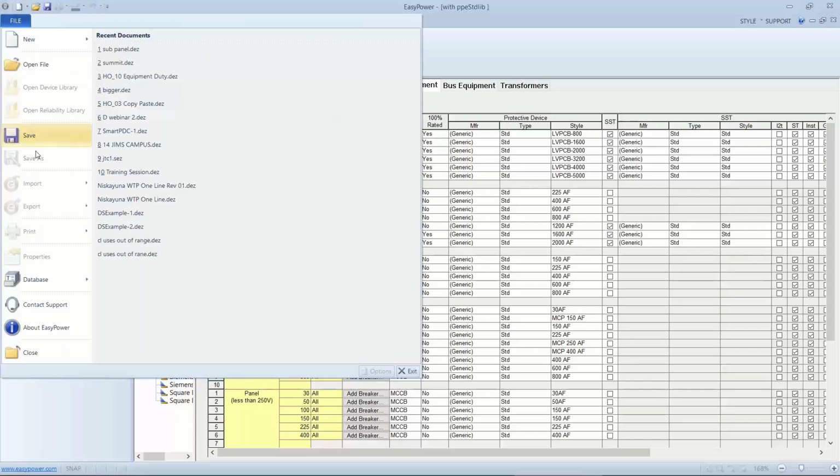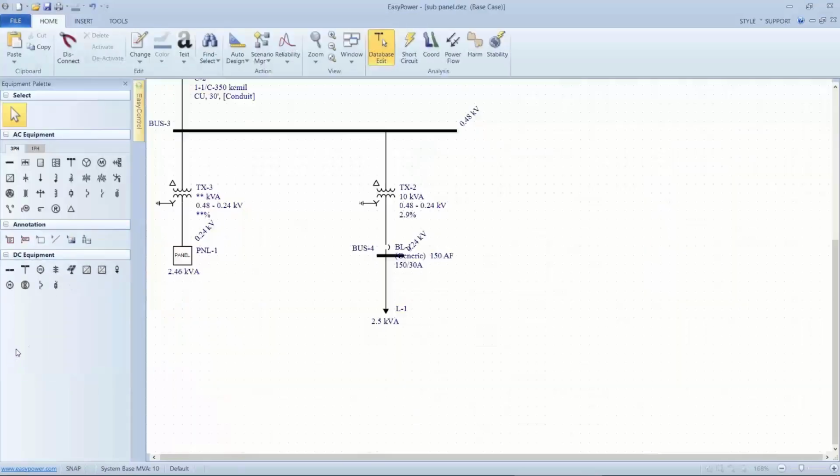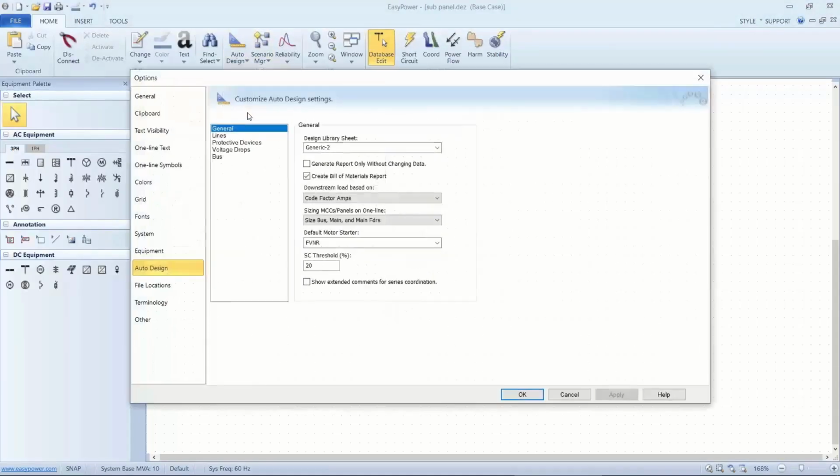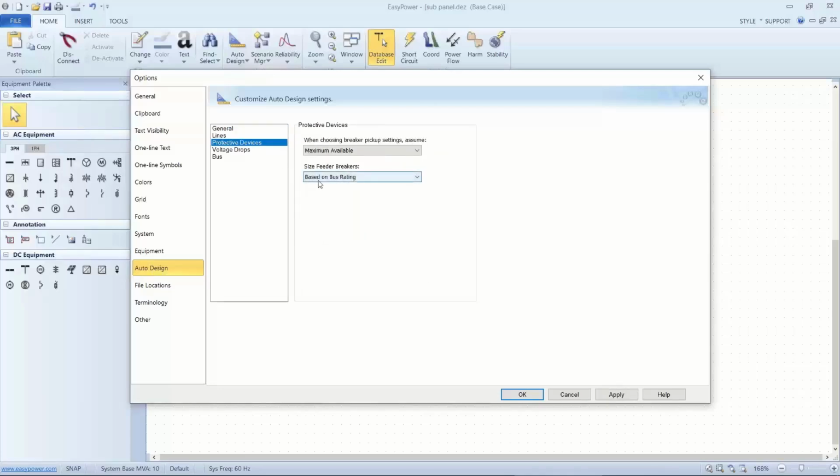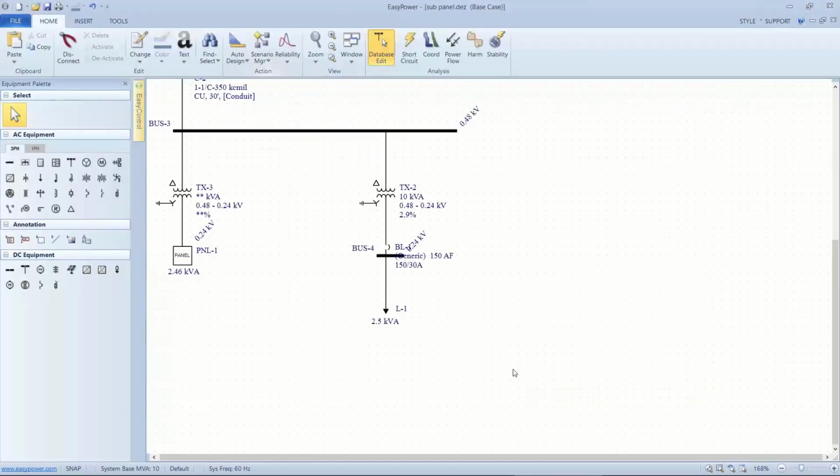Well, now let's go back and look at how the directions are being handed off to the auto design. That's done under the auto design options. Here we're using the right library sheet. Nothing's awry here, but if we go look at protective devices, we're seeing that we're directing it to select based upon the bus rating. What I'd rather have it look for is based upon the load, because that's what we're judging the downstream sizing. So if we go back here and make that selection,